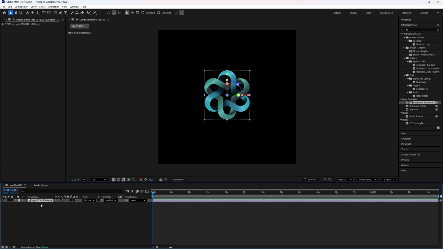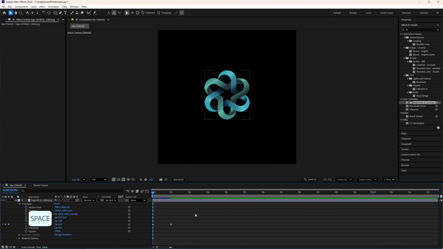Now that's 3D. I'm going to open up my layer by clicking this arrow here, and then you can see the X, Y, Z rotation. I'm going to make a keyframe by clicking the stopwatch for the Y rotation in the beginning, and then I'm going to go, for example, 5 seconds and make the Y rotation 360. And if I now go back to the beginning and I press play,